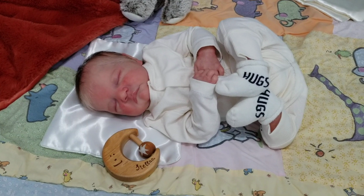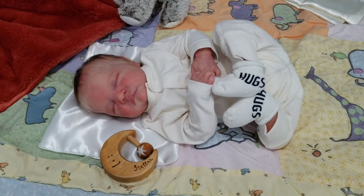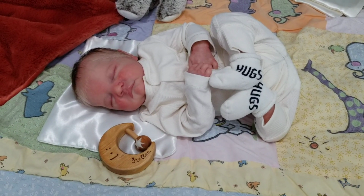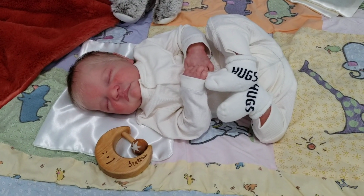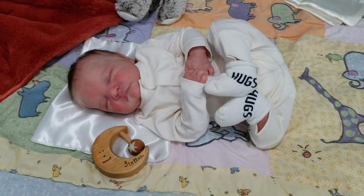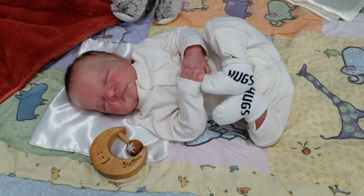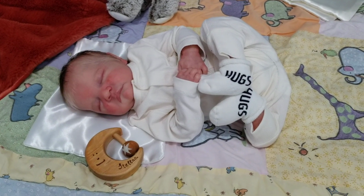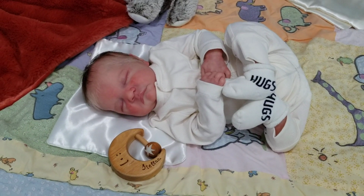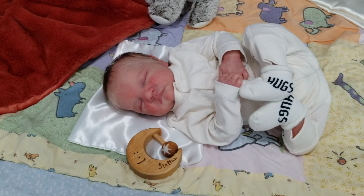However, I think at that point it is very, very, very important to select an artist that has a good hand at doing customs, so that your vision can come out of their hands, because that's not such an easy thing to do. So yeah, you could pick eye color and hair color and skin tone, and then you just let the artist be creative. So, to me, that's good, but